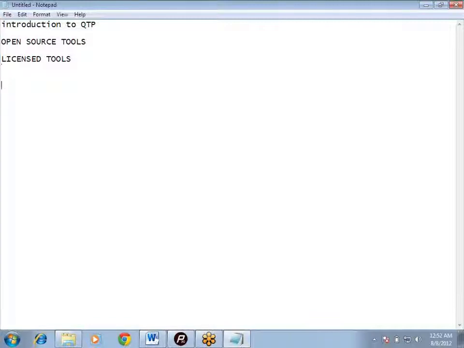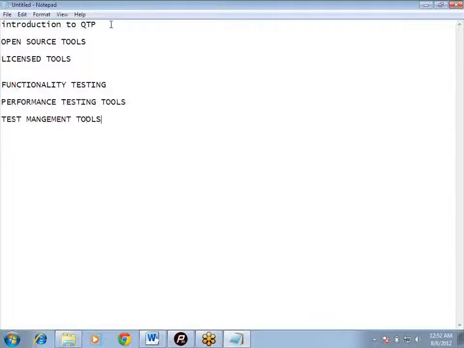These two types of tools are categorized as functionality testing tools, performance testing tools, and last is test management tools.